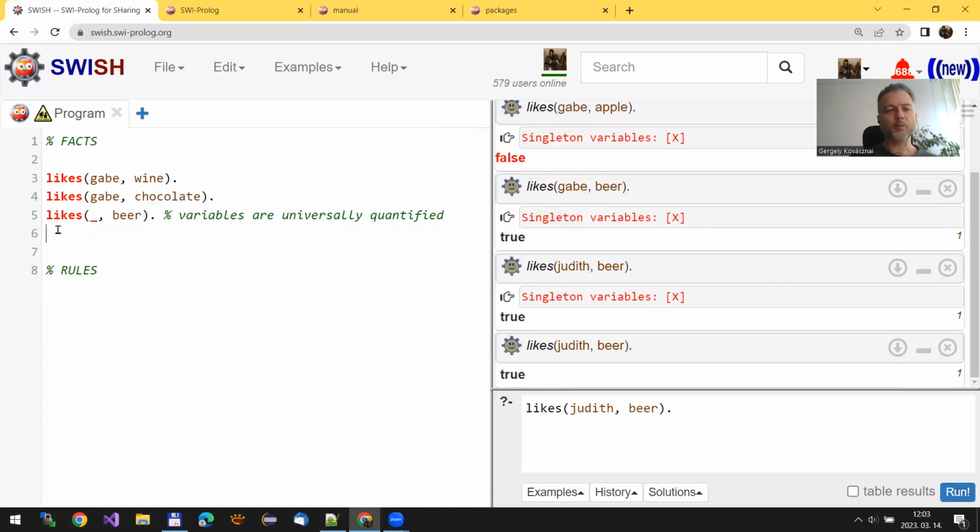Okay, let me type one more fact here, because I would like to show you that you can use variables anywhere inside the parameter lists. For instance, I can say that Gabe likes everything or everybody. This is why I'm using this anonymous variable here, which can be substituted with anything.